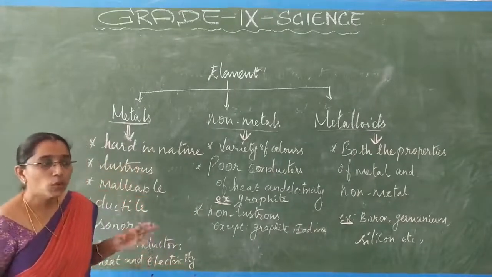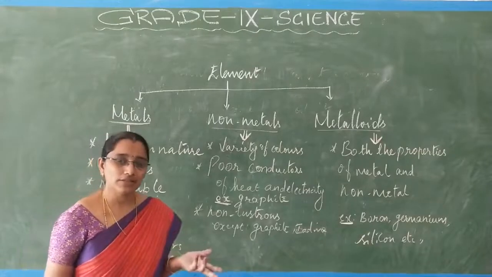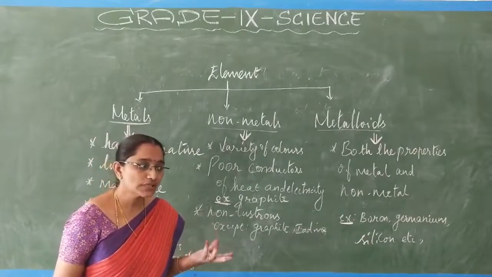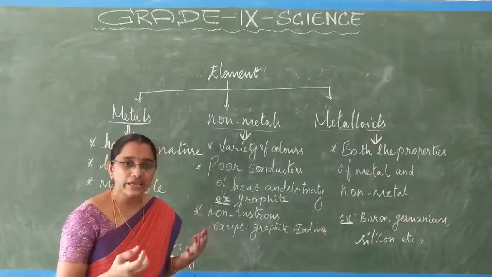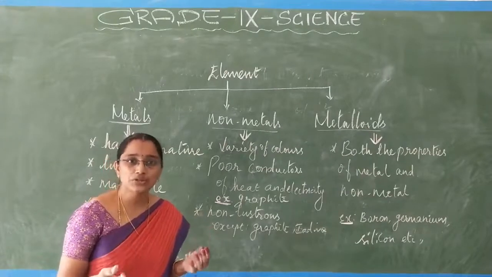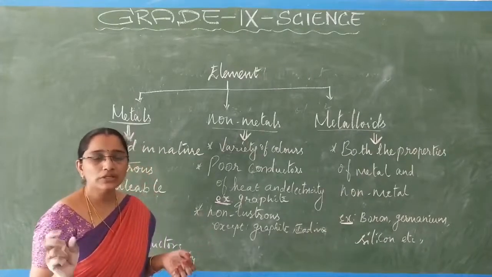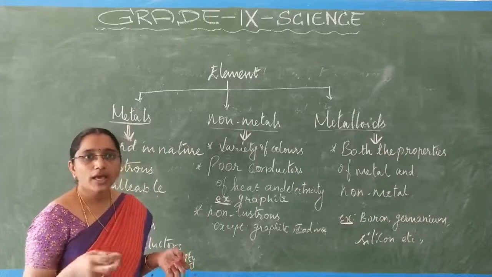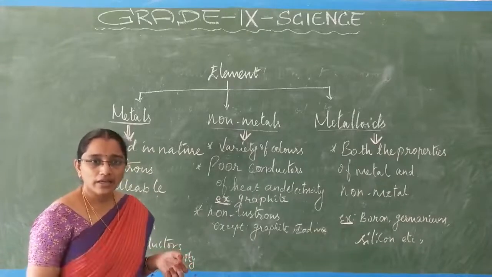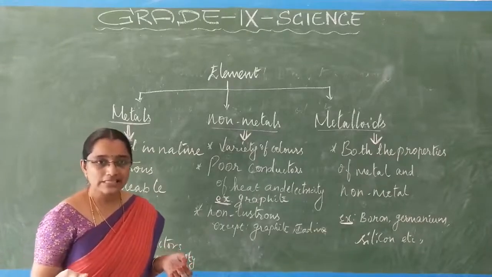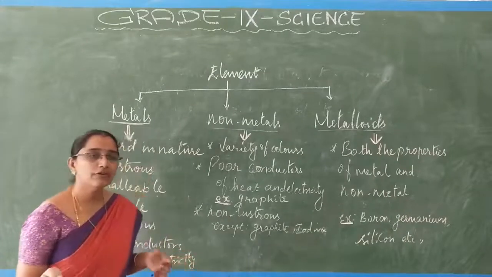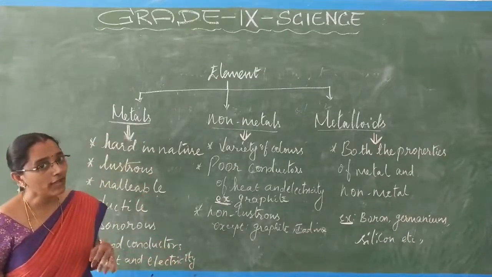And the metals mostly exist in a variety of colors. Mostly they show a greyish color or else yellowish. You see the gold, it is in the form of yellow color, and silver or iron or aluminum is in the form of greyish silver color. So most of the metals are either in the form of greyish or otherwise yellow.